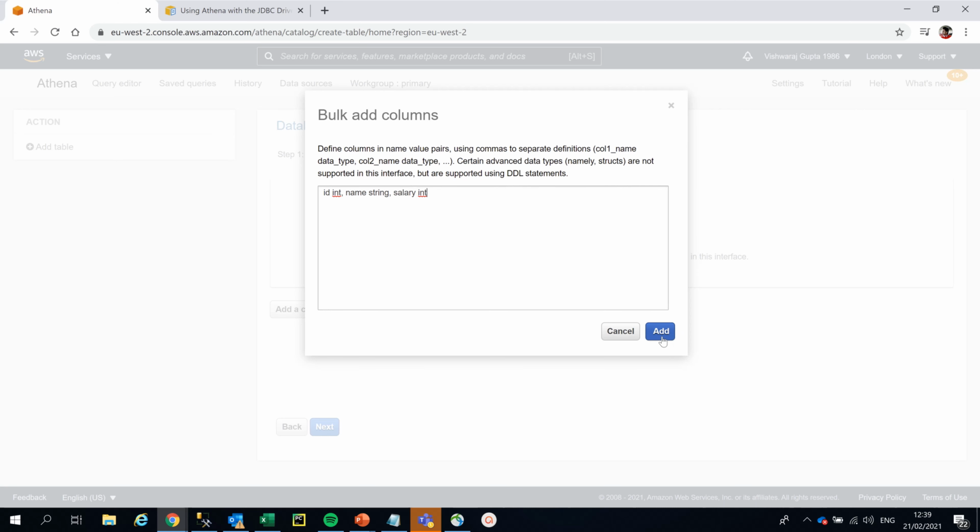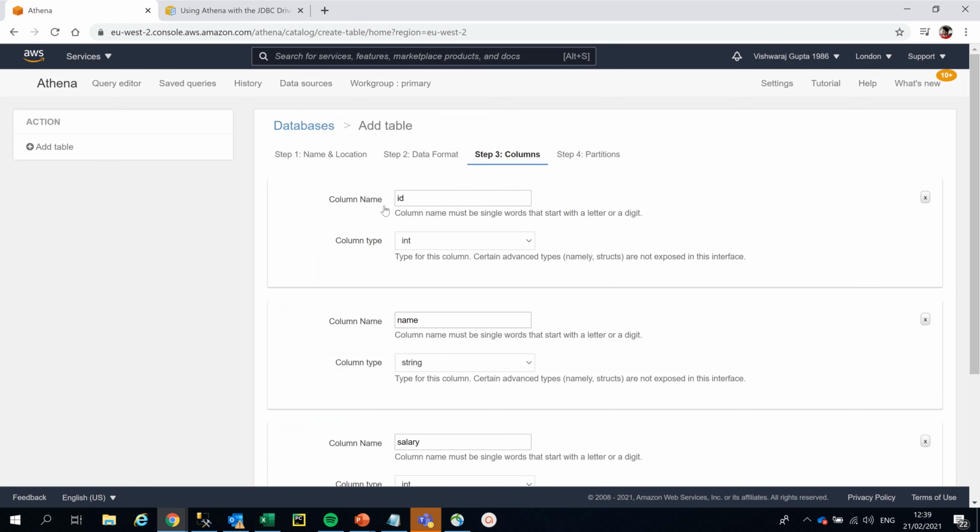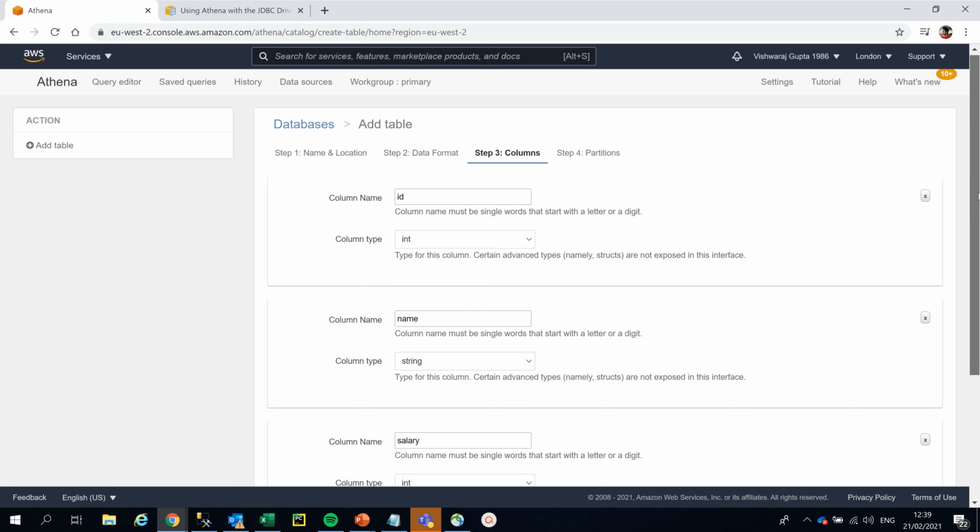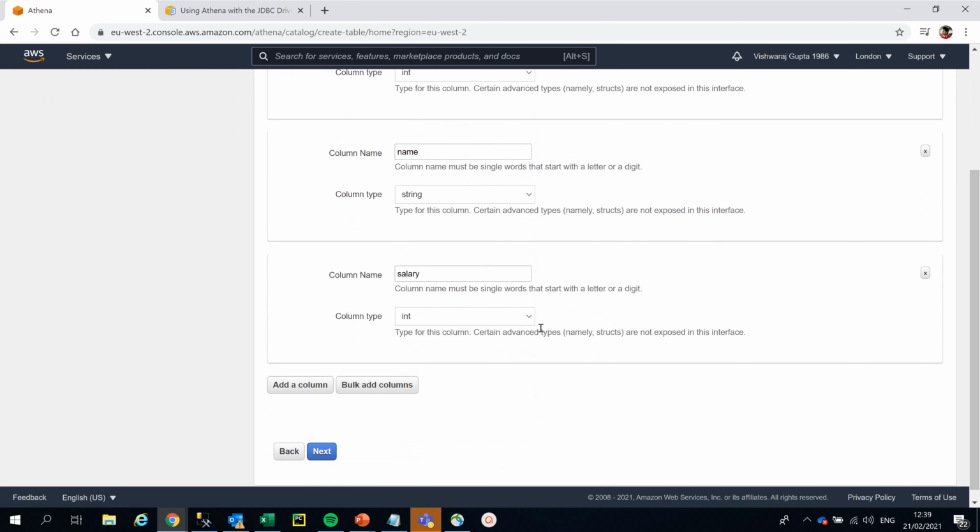And once you click add on this one, it will automatically create the column names: ID integer, name string, and you can see salary integer. You can always change the data type. As you can see, there are a lot of options: date, timestamp, decimal, float, integer. So it's up to you, whatever data type you want.